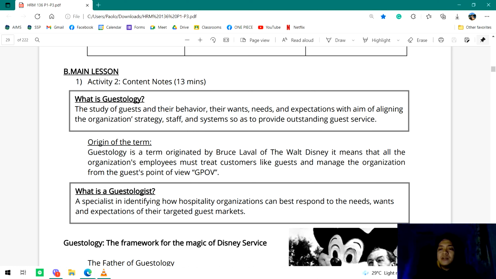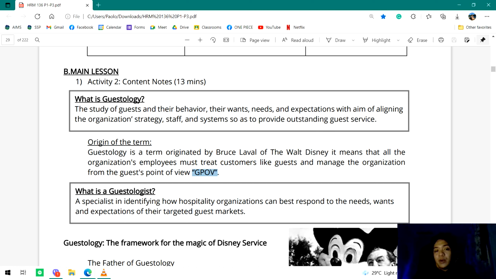If you will look carefully, the term guestology is of course from two words. First, guest, and I guess with biology, zoology, and everything else with that kind of construction, guestology means study of guests and their behavior, their wants, needs, and expectations, with aims of aligning the organization's strategy, staff, and systems so as to provide outstanding guest service. So guestology is a term originated by Bruce Laval of the Walt Disney. It means that all the organization's employees must treat customers like guests and manage the organization from the guest's point